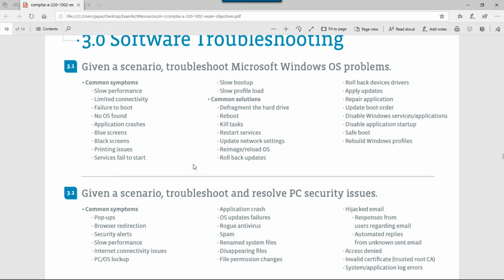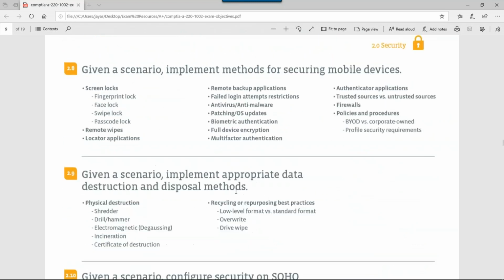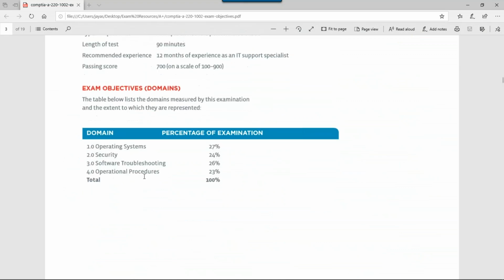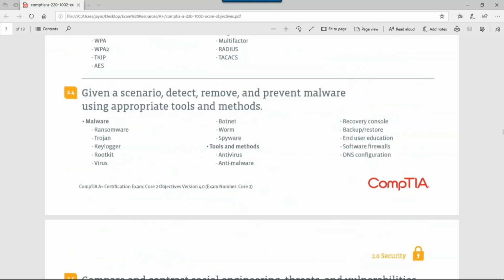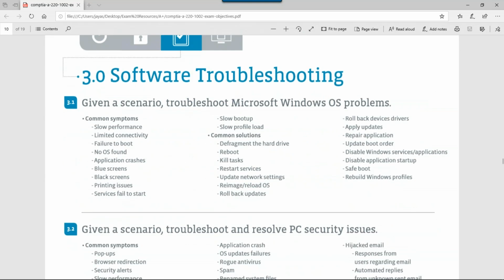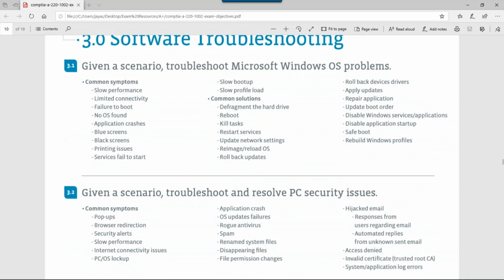Okay, software troubleshooting. This is probably the area that you will see the most of on this exam, if I am correct. So I scroll back up, 26% on operating systems, software troubleshooting. The exam's pretty well balanced, but software troubleshooting stands out because those are the questions that are more than likely going to give you multiple answers that could all be correct. Okay, out of four answers, three of them could all be correct, just depending on what they're asking you in the question.